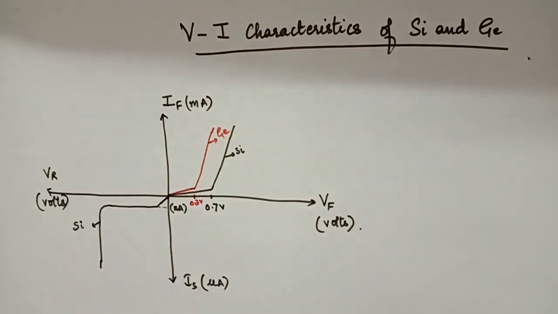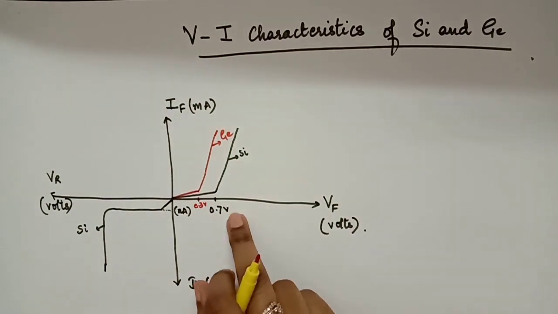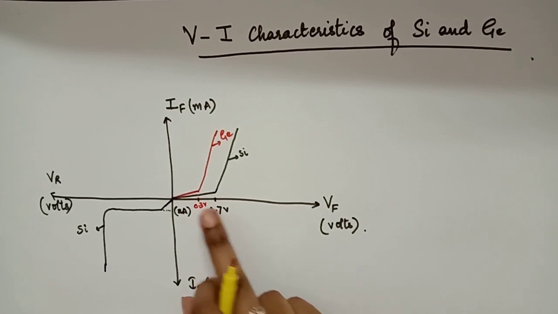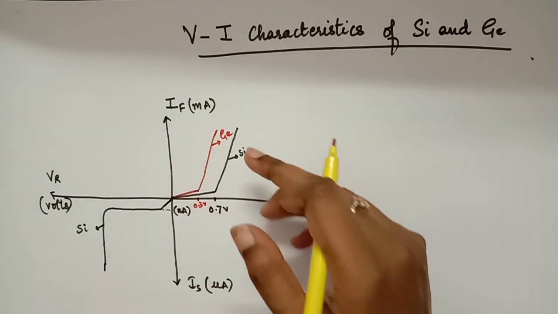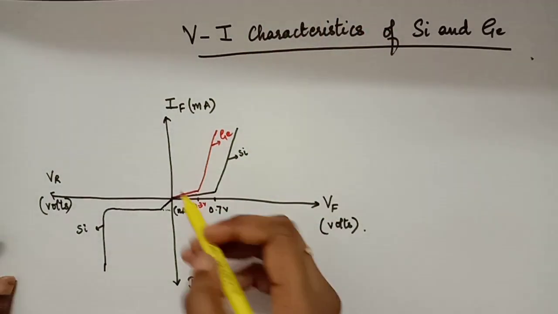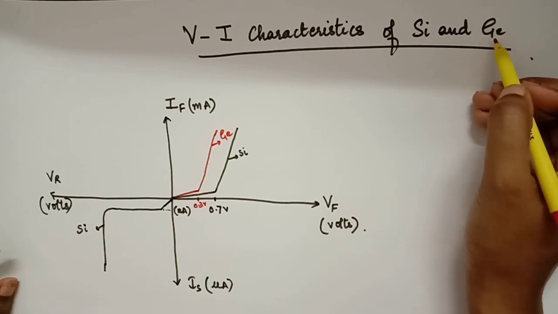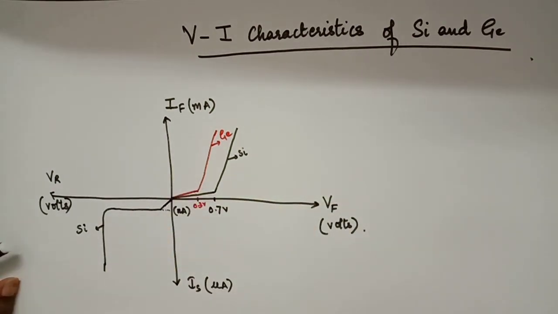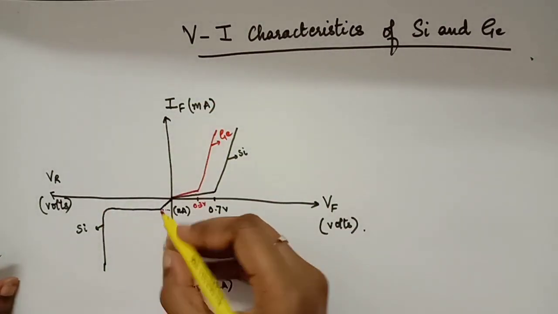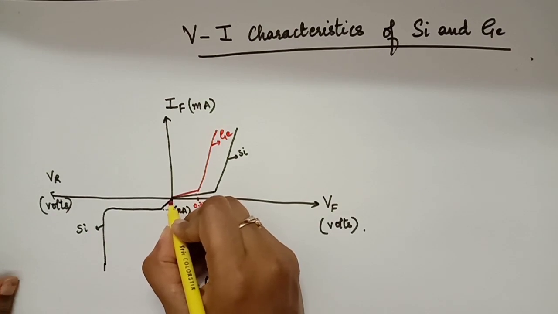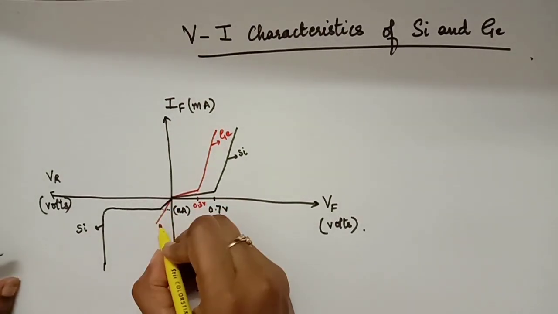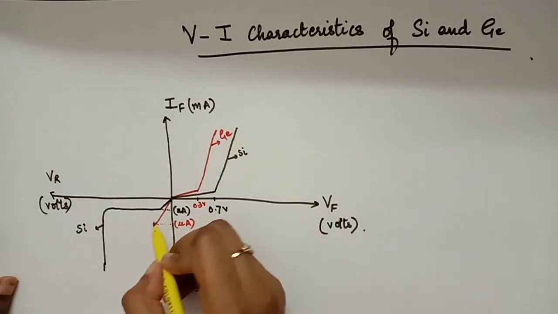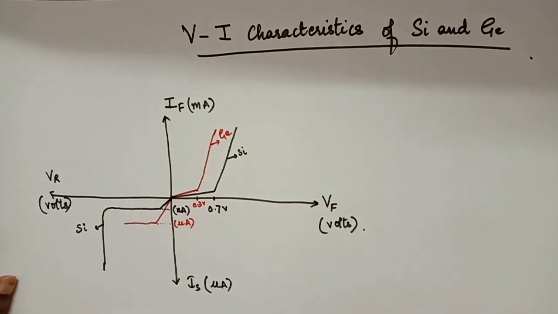So I hope you must have noted the difference between the two during the forward characteristics, that the knee voltage for both the materials is different. Therefore, we need to show the different knee voltage and make the current rise rapidly at that knee voltage. Now the reverse saturation current for germanium is more. So this line will go deeper because this is the increasing direction. So for germanium it will go till here because it is more for germanium, and mark it as microampere. Then it will become constant as it happens for a normal PN diode.